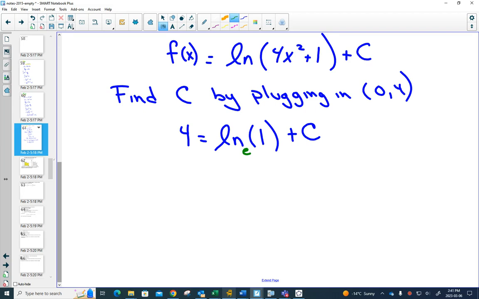So you're asking e to what exponent is equal to 1? Right? If something's equal to 1, then the exponent had to be 0. So all of that thinking just to figure out that c is equal to 4. We can now write out that f of x